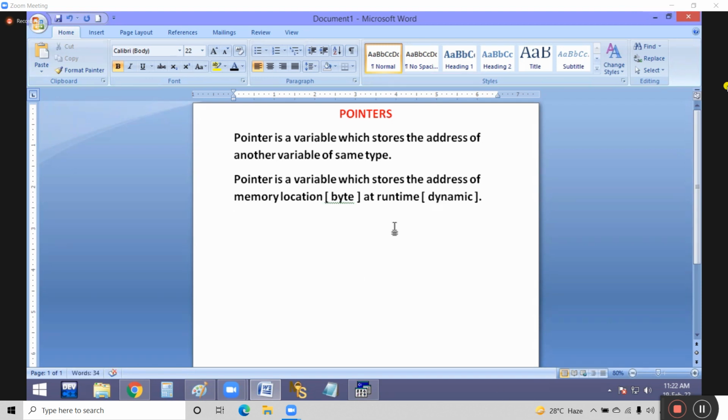Listen carefully. A pointer is a variable. Again, a pointer variable, no doubt. But this time, this variable is going to store what, guys? The address of the memory location. That is nothing but what? Bytes, which is called dynamic. Why? Because it is holding the address of the variable at runtime only. And runtime is also called dynamic. And why do we have to hold the byte address at runtime? Okay, listen. Everybody listen carefully. int a[] = {10, 20, 30};